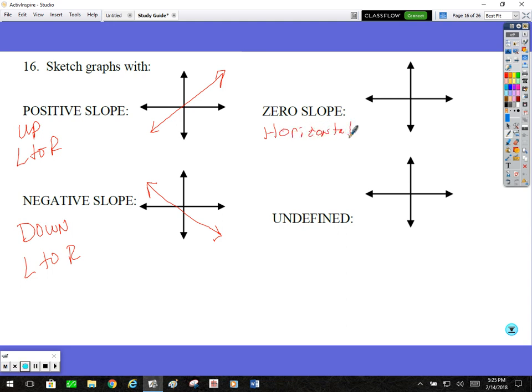Now the zero slope. This one is a horizontal line. We talked about it being flat. Remember, zero and horizontal both have the letter Z in them. Okay. You can read them left to right or right to left, doesn't matter, as long as you understand that it is a flat line. Zero slope is not going up, not going down, not falling off the mountain. Okay, so it's going very flat. There's your zero slope. Now undefined, when we talked about this in class, we can use these letters right here, right? Undefined means up